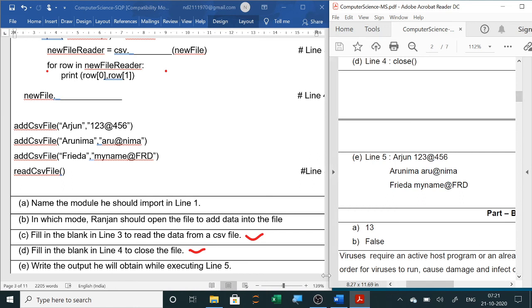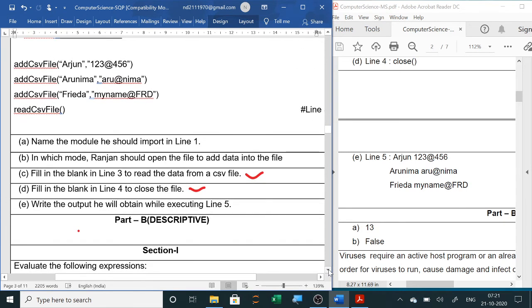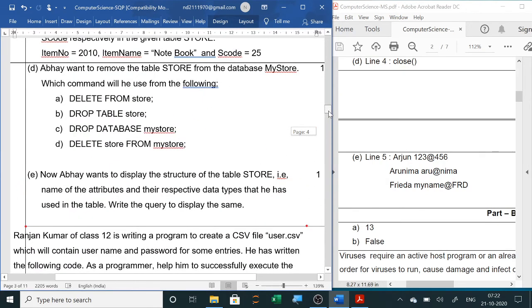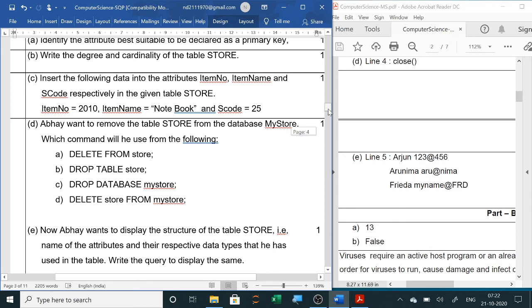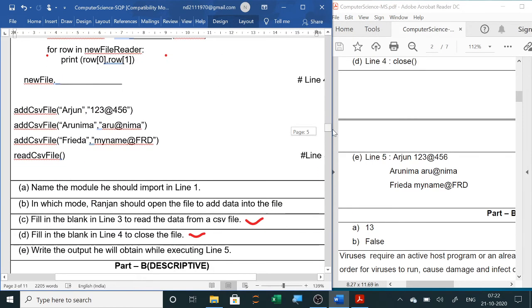Now the next one is, so let's do the next one. This is over, section 2 part B. If you have any doubt, ask your doubts in the comment section. So there are 2 case studies and 5 questions of 1 mark each, but you have to solve only 4 questions of each. From this first one, there are 5 questions, A to E of MySQL, and only 4 you have to attempt, and here also you have to attempt any 4. Clear? So this is your part A, section 2.